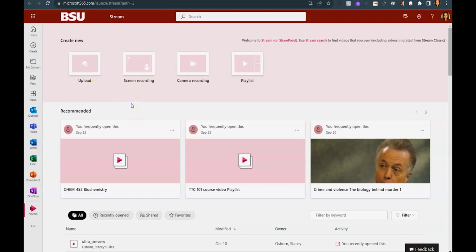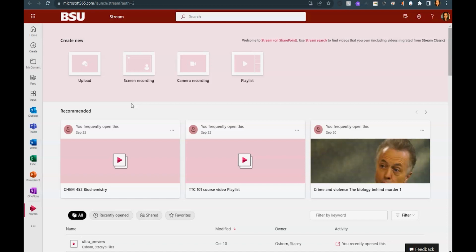So you could create a video with your phone, with an iPad, Windows Movie Maker, iMovie, there's websites like ScreenPal, or you could also use your Bridgewater Zoom account, create a meeting with yourself, and just record that meeting. Then you could download the video file and upload it to Stream if you wanted to share it. So there's a lot of options.